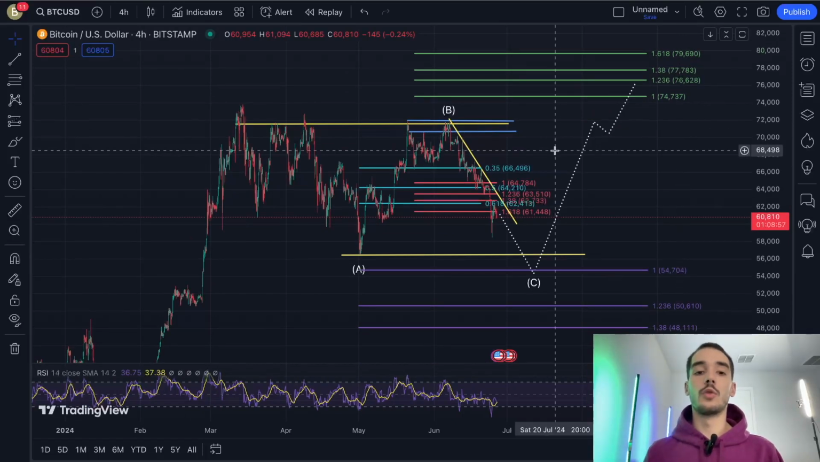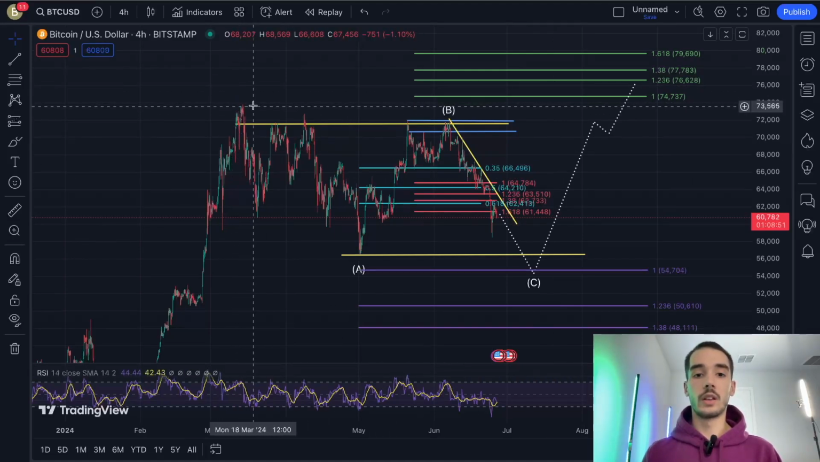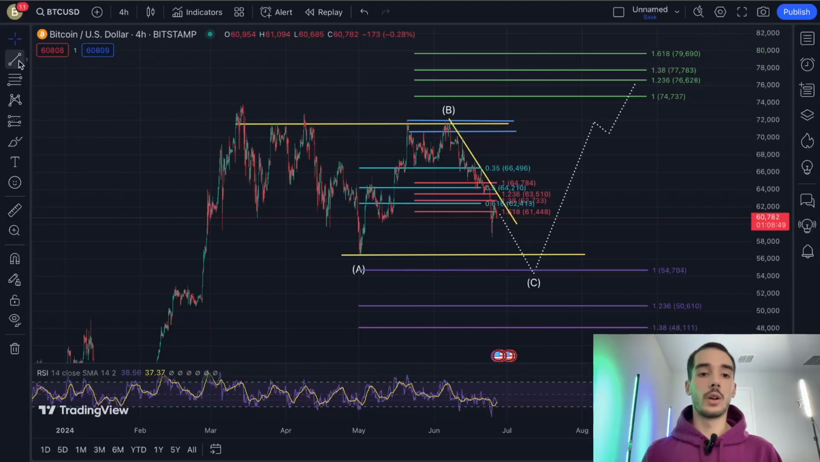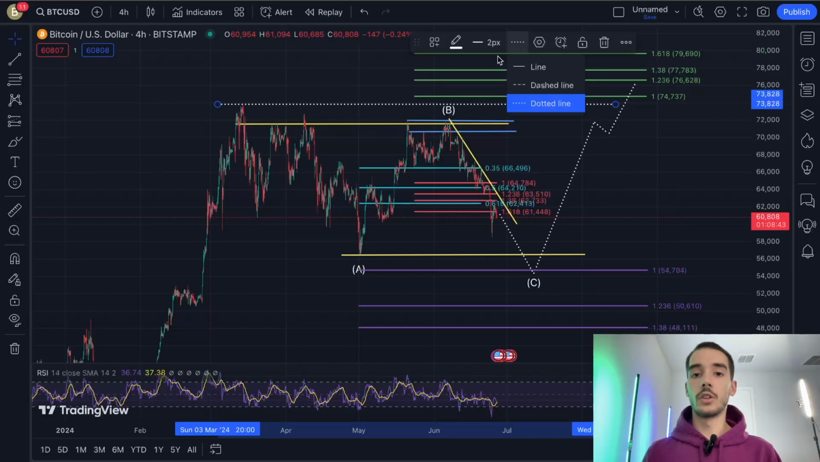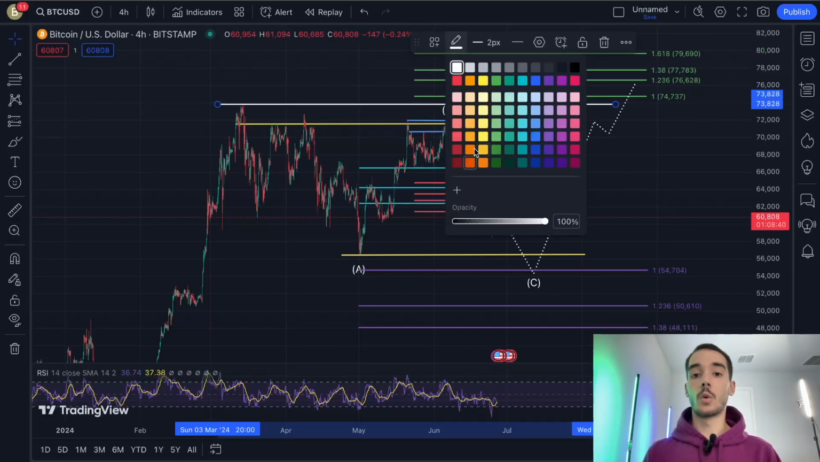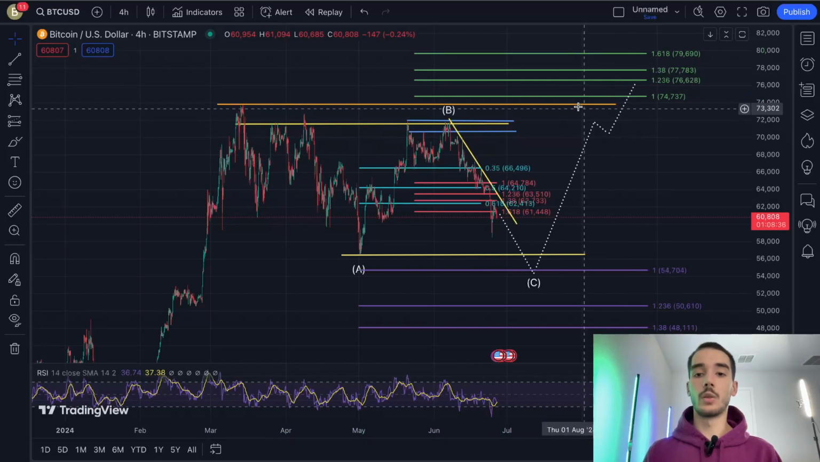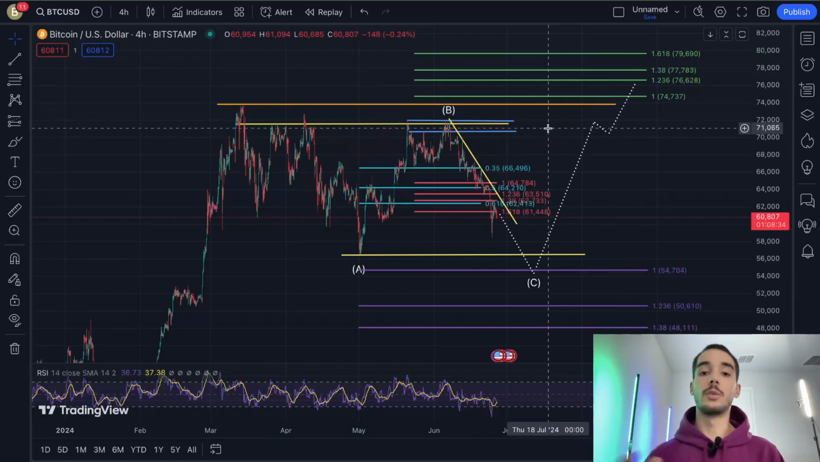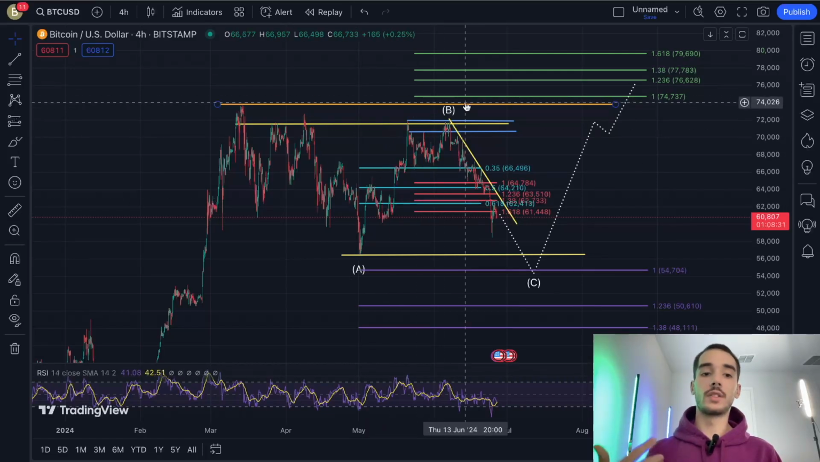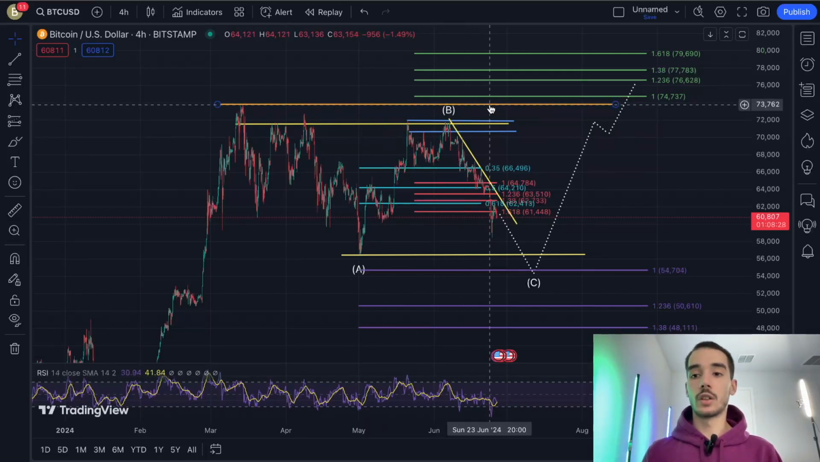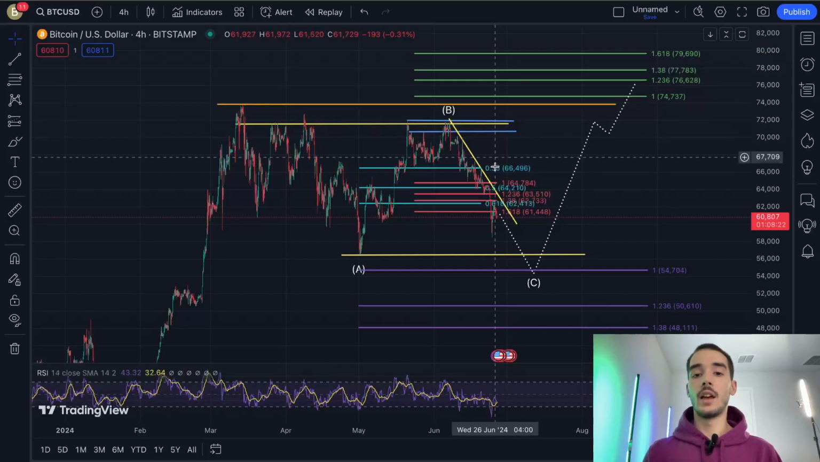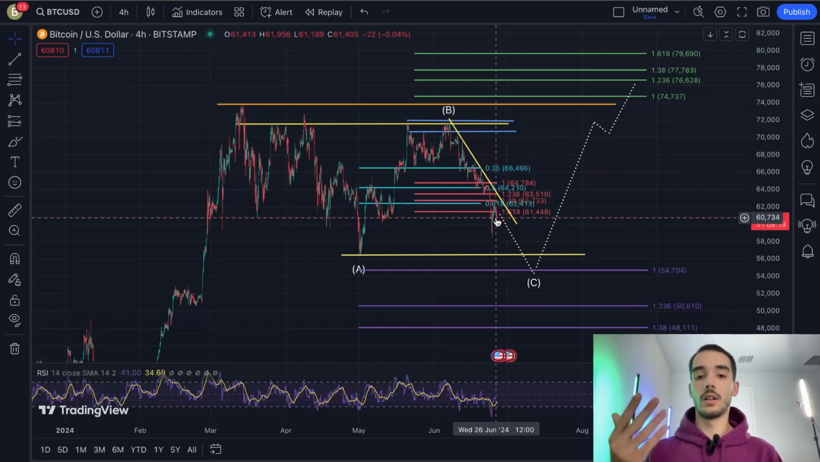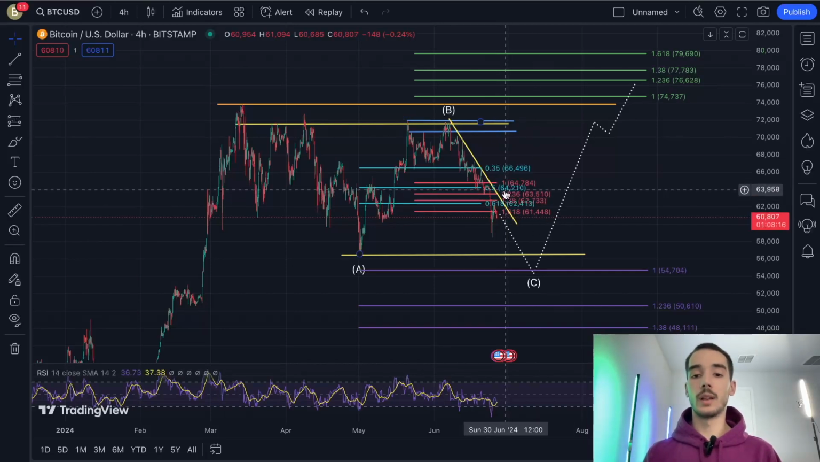There were two things we were looking for. We were looking for all-time highs, which was right here, to be broken. So I'm going to mark that for you guys with a line. Two things needed to happen in order for this fifth wave to be confirmed: a break above all-time highs, which is just underneath 74,000, and a pullback that will not exceed the 0.5 retracement line,